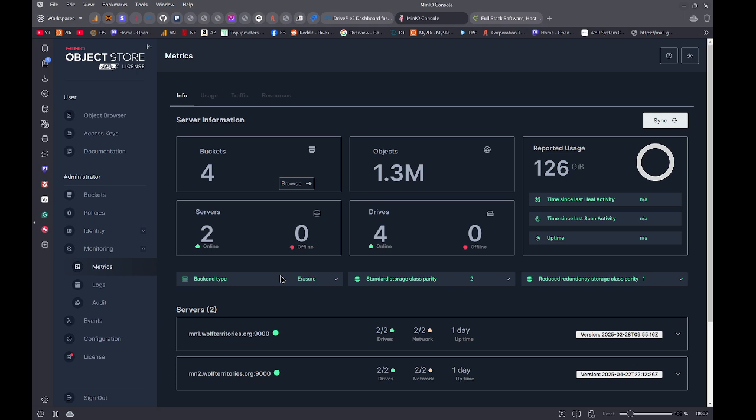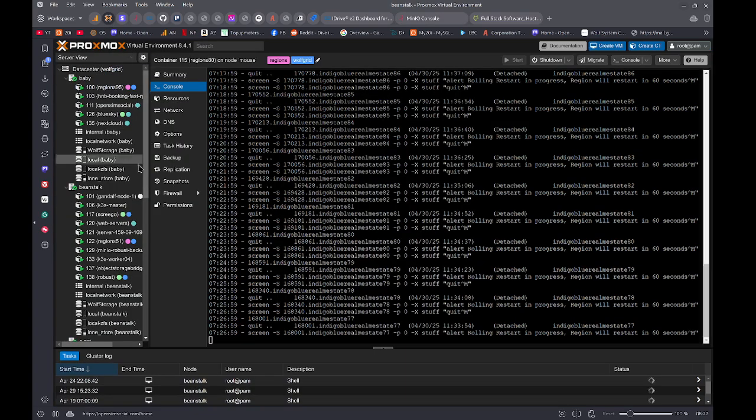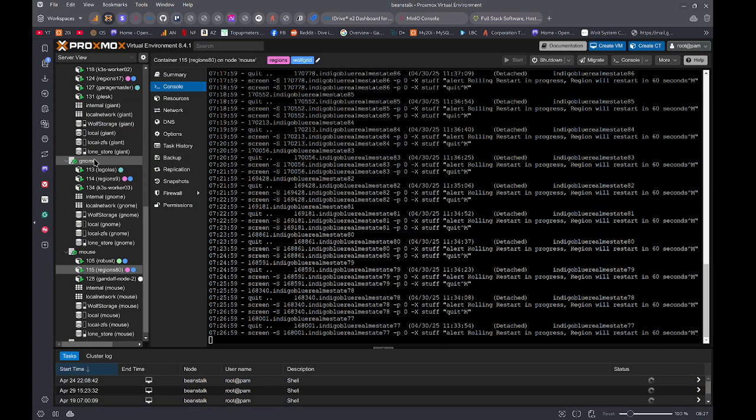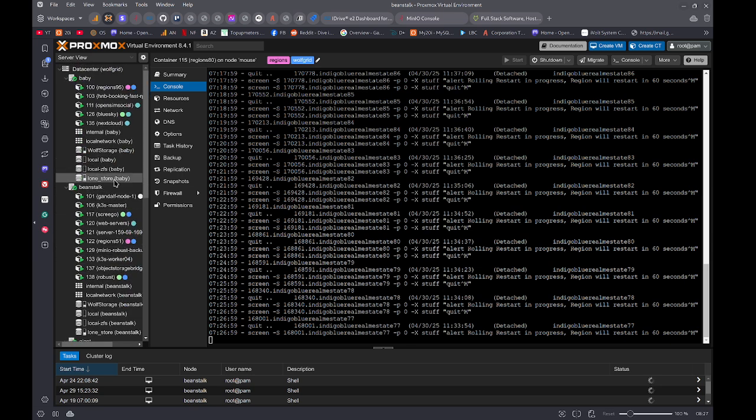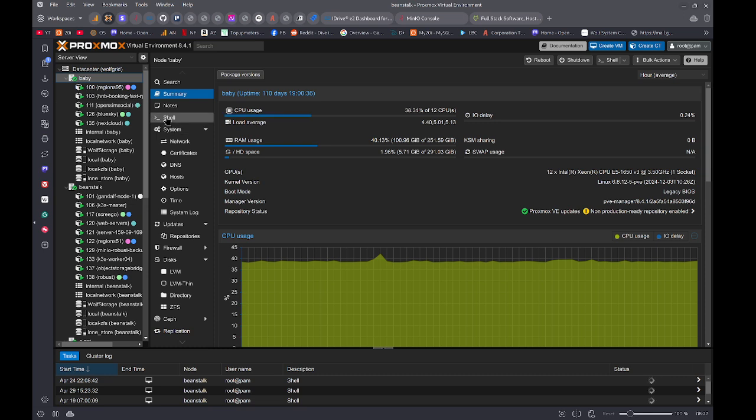So what we do is we use probably Nginx, which is a piece of software for load balancing. And then the problem with Nginx, of course, is that if you have a load balancer and the load balancer fails, then it doesn't matter how many servers you got behind it. Now, the way I get around that is, so let's look at one of our Proxmox clusters. This is just running some stuff so that you can hear all these servers and everything like that. So what I will do is with Proxmox, we will mount